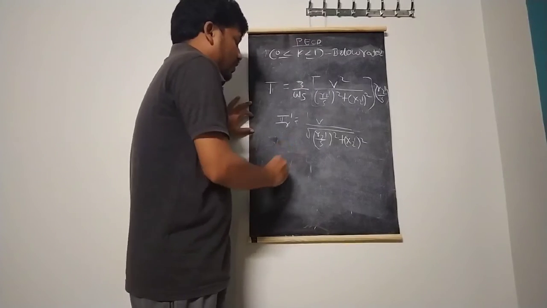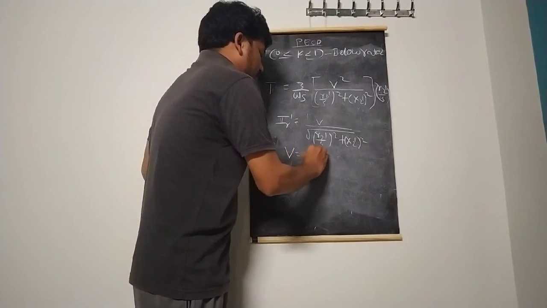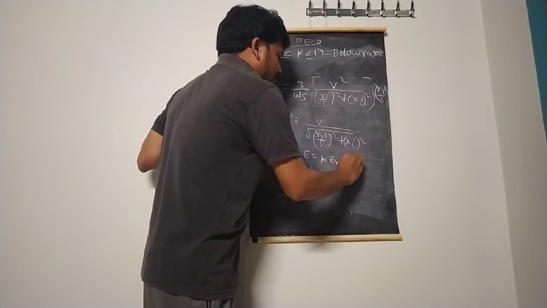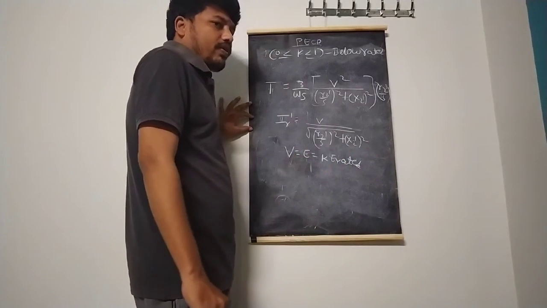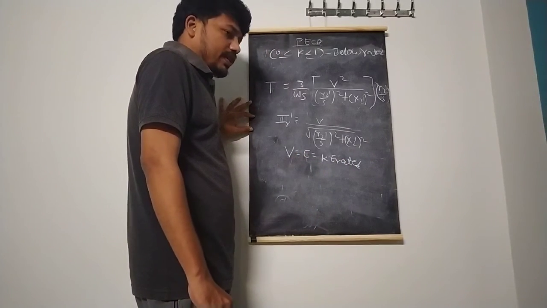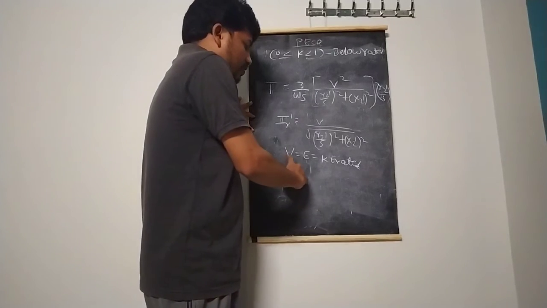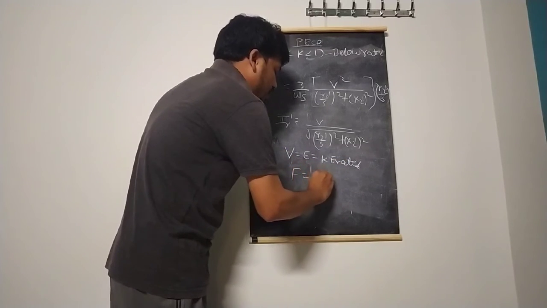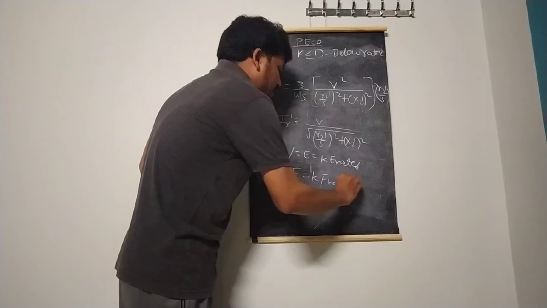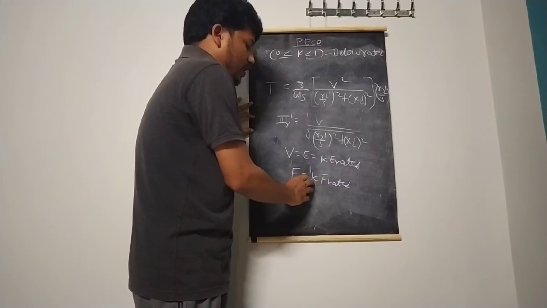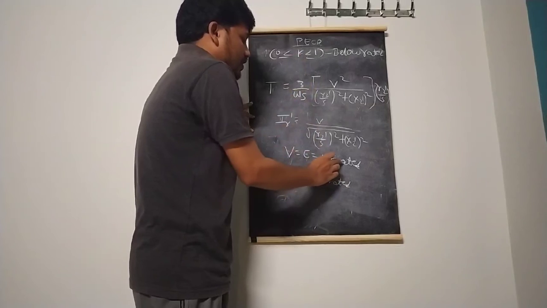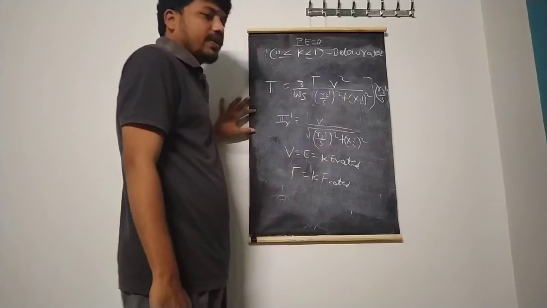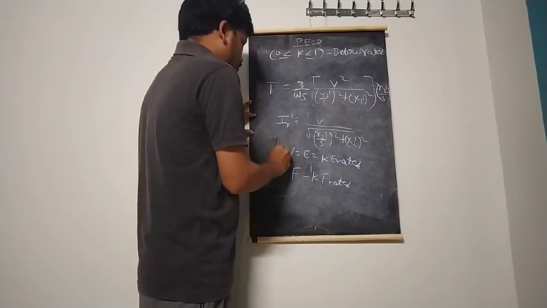Here V is equal to E, which is k into E rated, because we are neglecting the drop across the stator and the drive is operated below rated speed. Similarly, the frequency f is equal to k into f rated. If the rated value is 50 Hz and k is 0.8, then it is 0.8 into 50. Similarly, E rated is, let us say, 400 into 0.8, the same value of k, to maintain the V by f constant. So these are the two conditions,